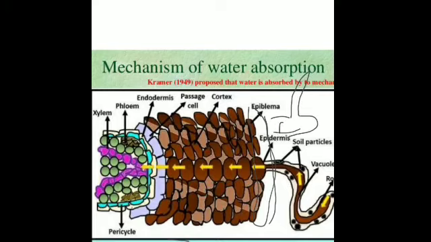This is the epidermal cell. This is the first layer, that is epidermis. And the fine outgrowth of this cell is known as the root hair. Is that clear? So what is the structure of these cells? That they have an outer cell wall and an inner cell membrane.